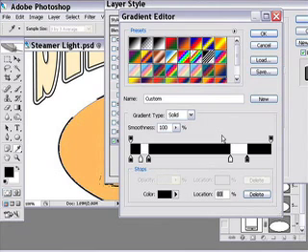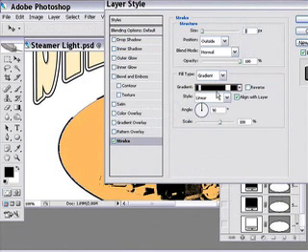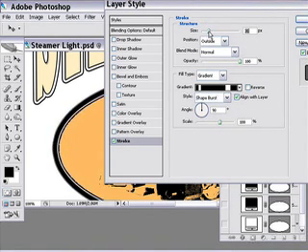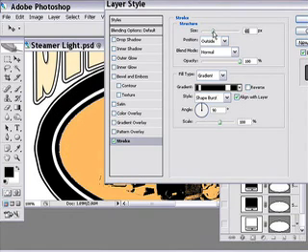This is going to be the basis of our multiple stroke here. And all you got to do is just position these stops right on top of each other. So once you get yours to look like that, click OK. And now, if you look at the stroke around this, it doesn't look like what you're expecting it to. But if you change the style from linear to shape burst, and then start adjusting the size here, watch what happens. See how we get that multi